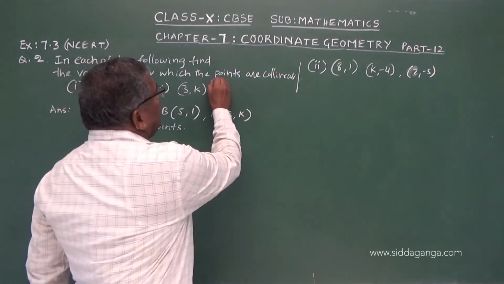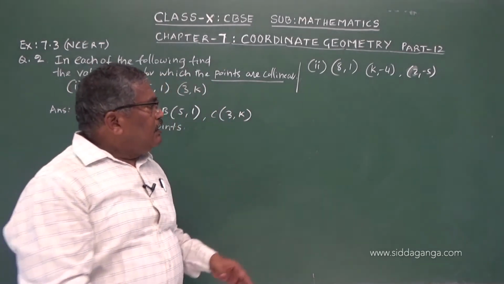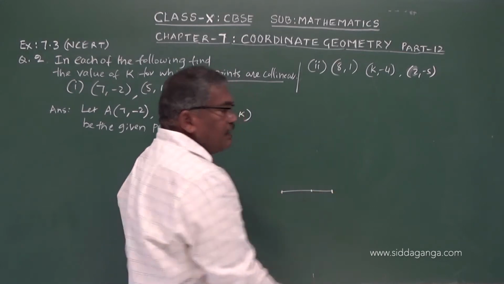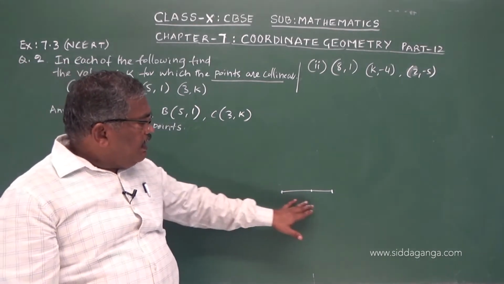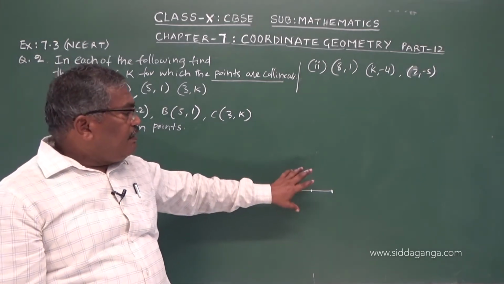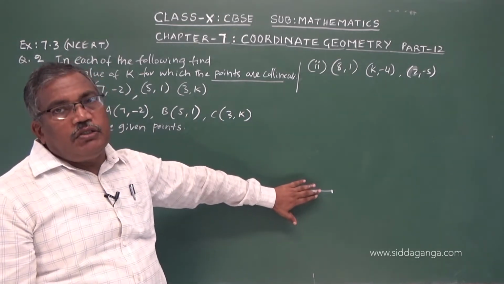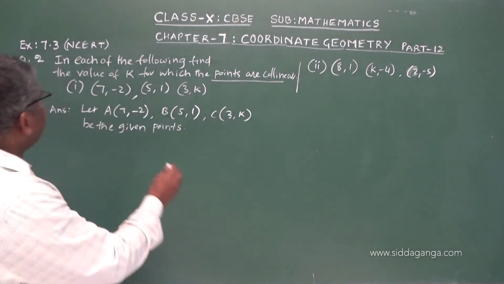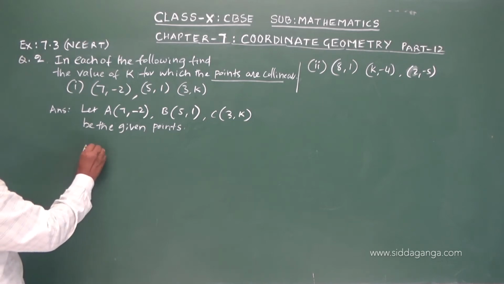When 3 points are collinear, they cannot form a triangle. That means they are in a straight line. Then the area of the triangle formed by these 3 points, if we calculate it, will be 0 because they lie on a straight line. So therefore, area of triangle ABC